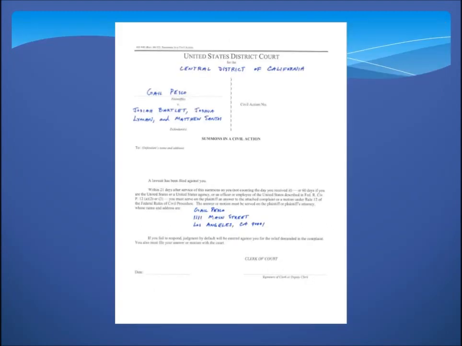Let's take a moment to review. Here's what our form looks like so far. Gail has filled in the name of the court. She has filled in the caption space, copying it exactly from her complaint, and she has filled in her name and address. And Gail has also left the bottom of the form blank for the clerk to sign, date, and